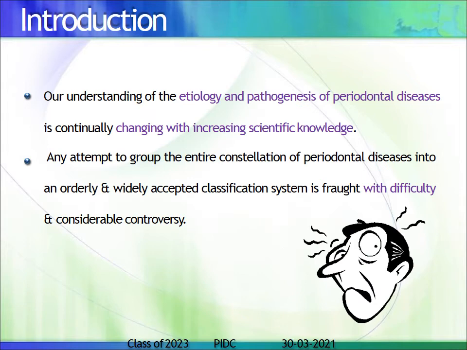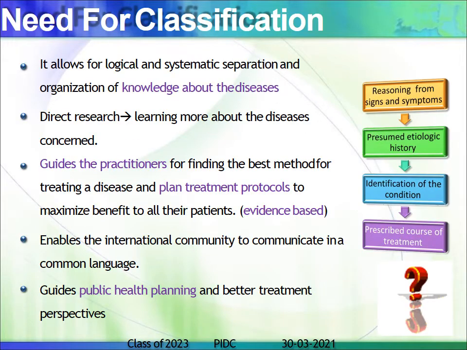So, there is always a need for classification. Why is this required? It allows for a logical and systematic separation and organization of knowledge about the diseases. It could allow for direct research, thereby we could learn more about the diseases which are a main concern. It guides the practitioners in finding the best method for treating a disease, and planning treatment protocols to maximize the benefits to all their patients, basically to make it an evidence-based treatment protocol. It enables the international community to communicate in a common language and guide the public health planning and result in